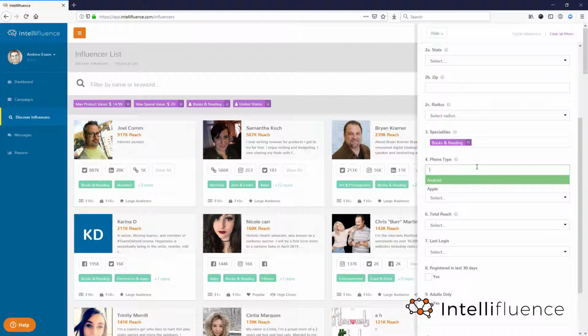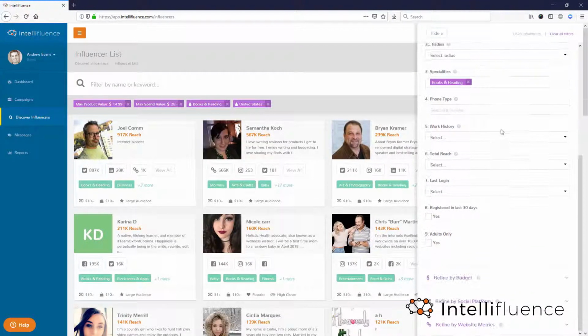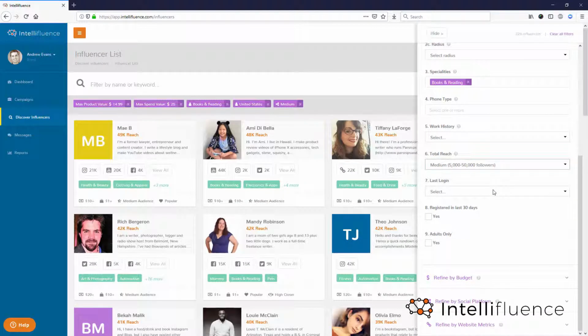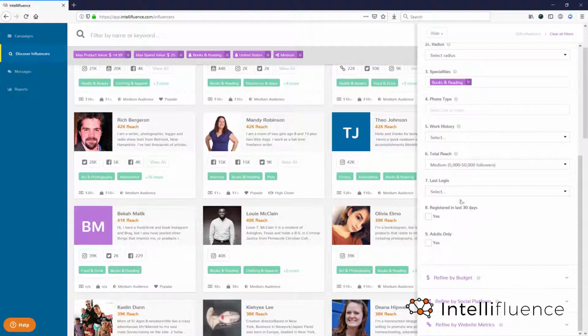If you're looking for reviews in an app marketplace, you can search by Apple or Android, influencers that adhere to that. For work history, you can select influencers you've worked with or currently work with, haven't worked with. You can change that total reach right there like we discussed. You can filter by the last login date, and then when they registered, as well as influencers that will do